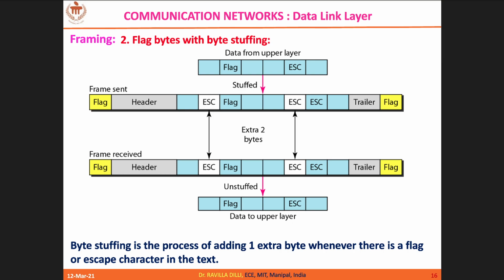Wherever you get the first escape, you just omit it. Followed by that is your data. So in that way, the first escape is coming, so I will omit that. Followed by it is a flag pattern, but still it is considered as data. Then there is a second escape, that white space, so I will omit that. Followed by it is my data. It indicates the escape pattern, but it is data because it was preceded by an escape. So always the first escape will be omitted and what follows is my data. That's how I extract the data. Is this clear?